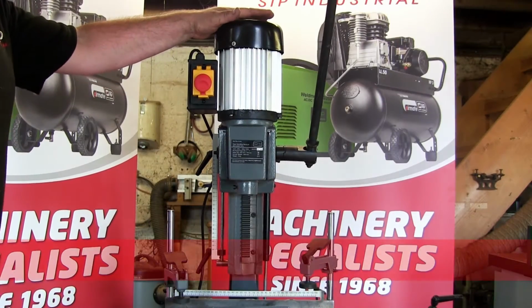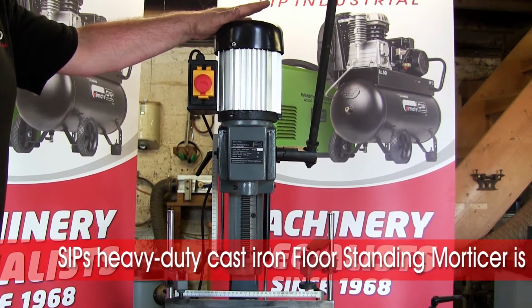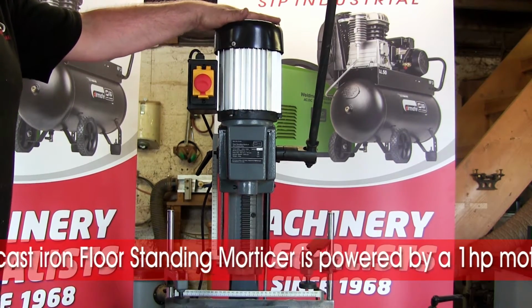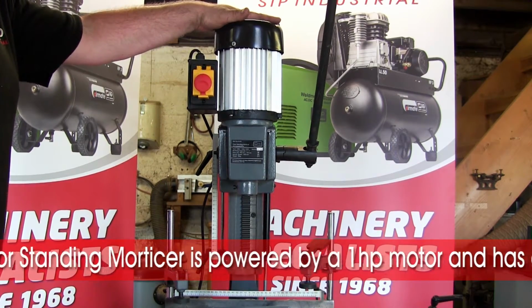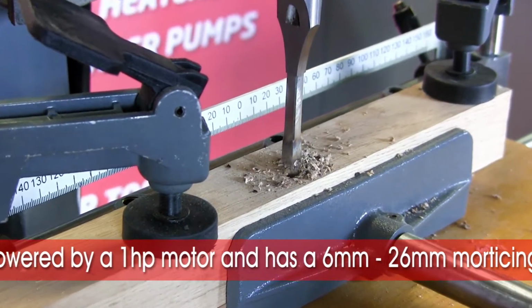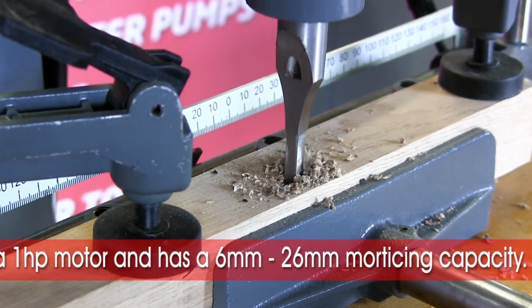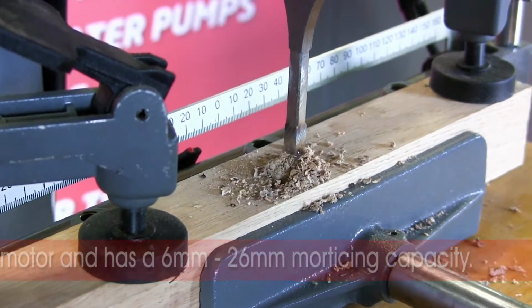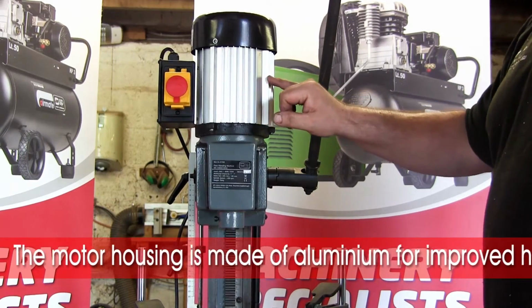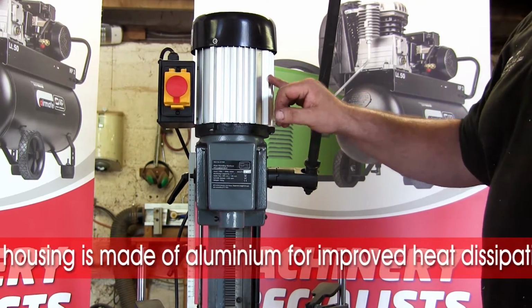This is the largest of the morticers that SIP do, and is a very sturdy, heavy machine. A 1 horsepower motor provides the power which will easily cut mortise holes from 6mm through to 26mm, that being the size of chisel that the machine will actually take. The powerful 1 horsepower motor also has aluminium fins around its outside for heat dissipation to keep the motor cool